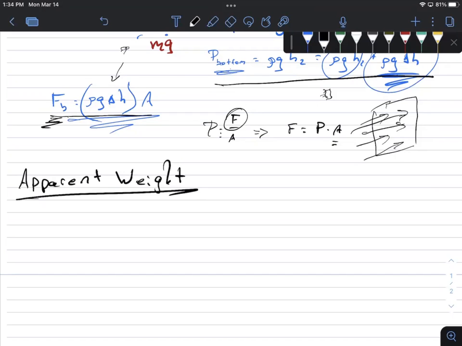The true weight is what its actual weight is, m times g. The apparent weight is what you measured it to be while it was in the fluid, which is going to be different. And so this is one thing we may want to calculate. We may want to say, look, we're doing some experiments for these deep sea divers. They want to go rescue some treasure that was on a sunken ship. And we happen to know there's a chest of gold down there. And I know how much gold is in there. So I know this chest of gold is going to weigh